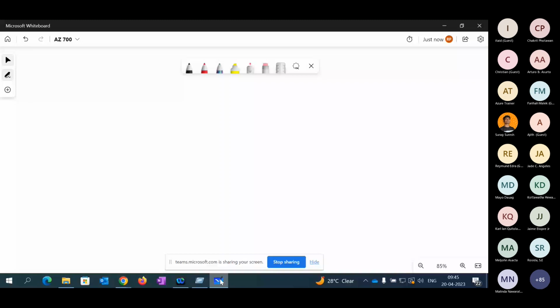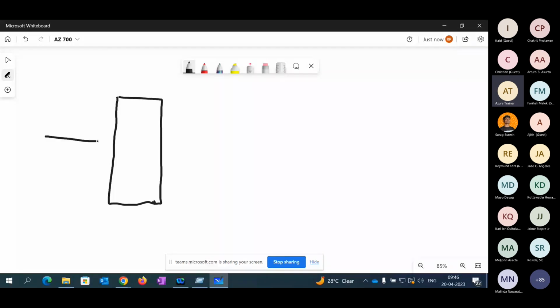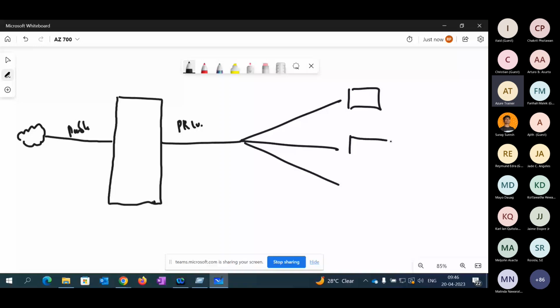A jump server is basically a server we place at the perimeter of your network. Only that server will have both a public IP address and a private IP address, so it has external network access. The rest of the resources used internally will have only private IP addresses.